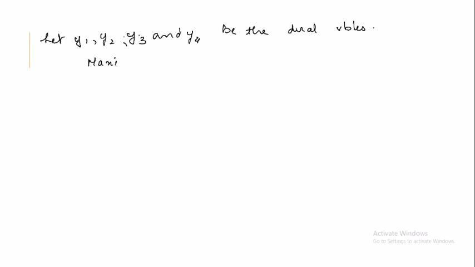So let's see. Let y1, y2, y3 and y4 be the dual variables corresponding to the four constraints. Right, so let's see how I will turn this into a dual problem. You can maximize this since this is a minimization problem. Z dual is equal to, now here